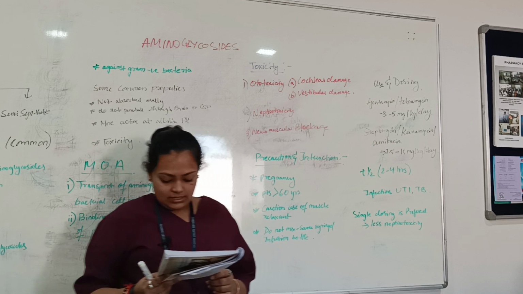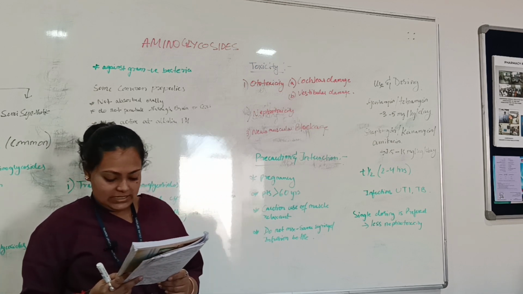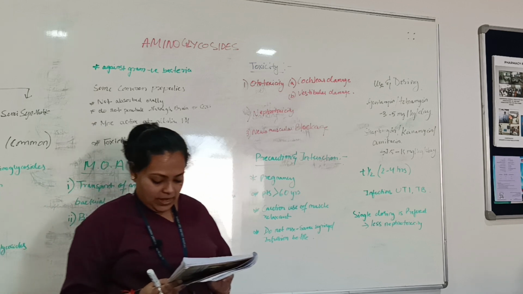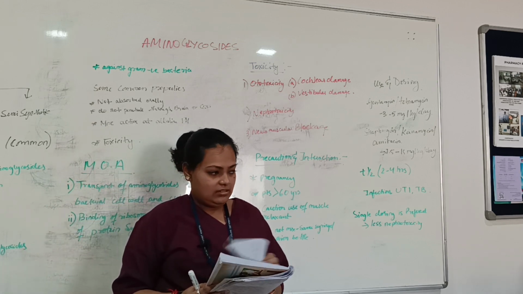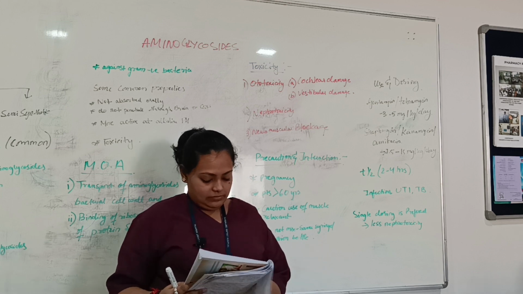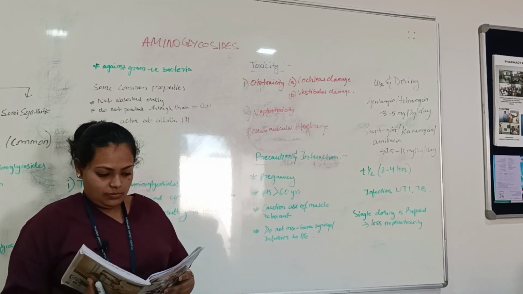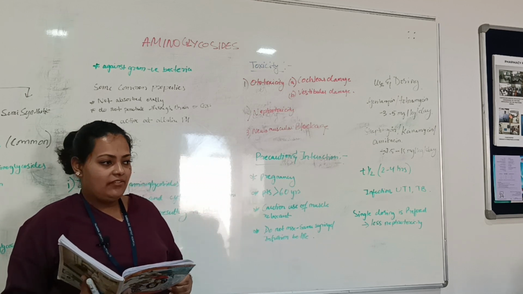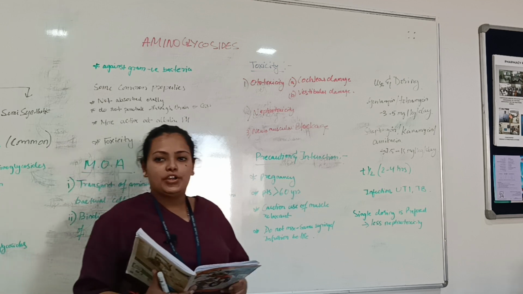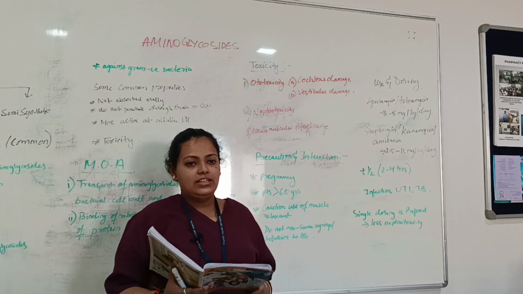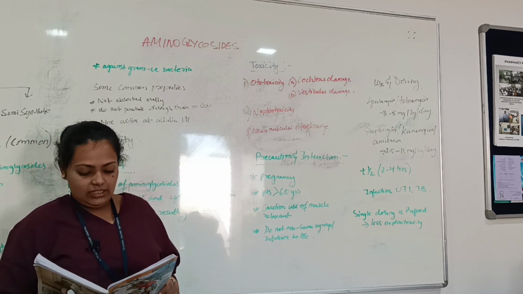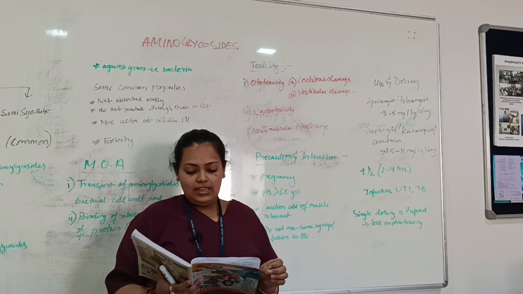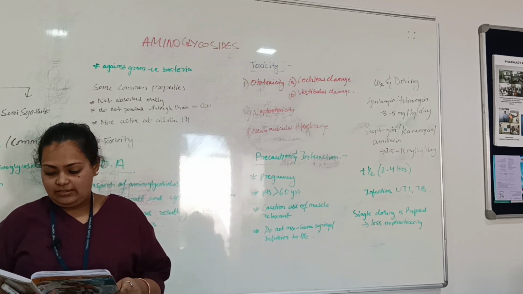Gentamicin combined with beta-lactam antibiotics is not recommended for obtaining synergistic effects, except in bacterial endocarditis. Gentamicin is commonly used because it is cheap and very easily available, and it is used for acute infections, against gram-negative bacilli like E. coli, etc. It has very limited use in gram-positive bacteria.